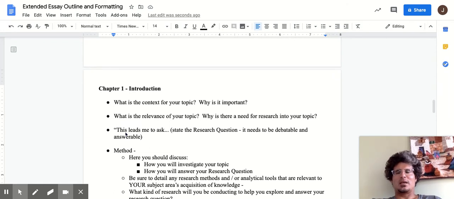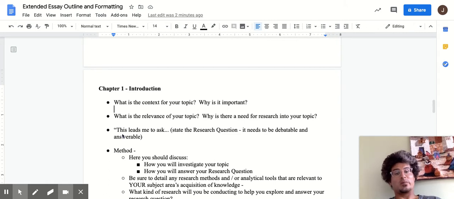Okay, and then you're not required to use this statement, but you can use this phrase early on to help you get your mind going. And if you want to replace it with something else or a different phrase, that's fine. But this allows you to sort of prime the pump, so to speak. So you would then say, "This leads me to ask," and then you state your research question. So we think of that at the end of the first paragraph. If these first 2 bullets here are the beginning part of the first paragraph of your introduction, you should end the first paragraph of your introduction